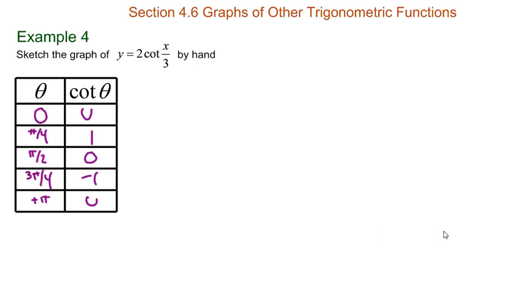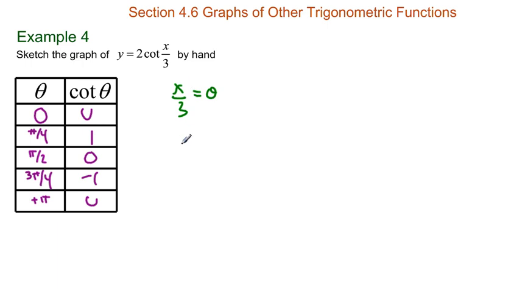All right, let's go now on to an example of our cotangent function. We're going to graph 2 cotangent of x over 3 by hand. And because we are in the cotangent world, we always want to have our key points, which I have right there. Just as we always do, we set this right here equal to theta. So x over 3 equals theta,